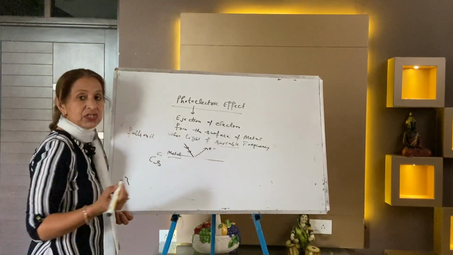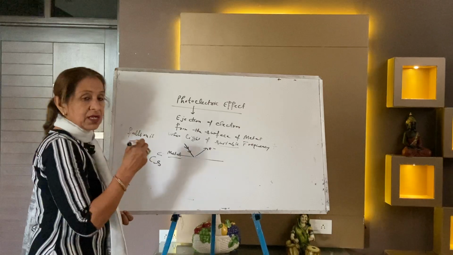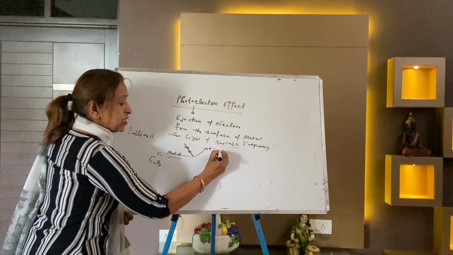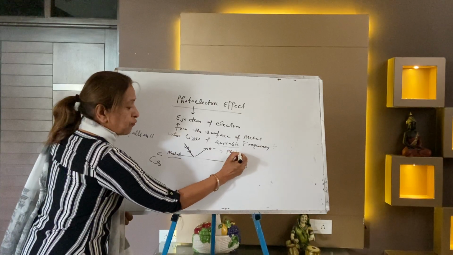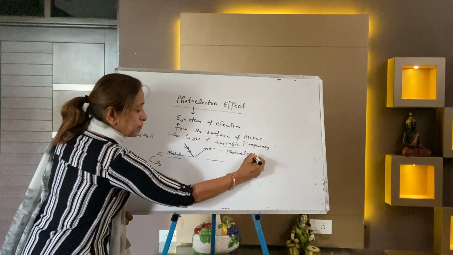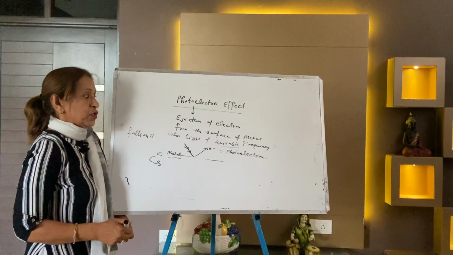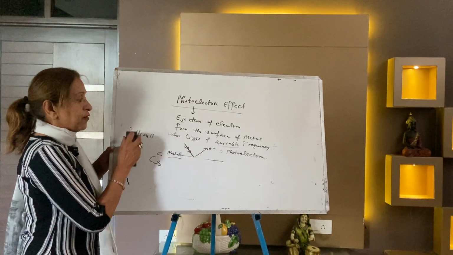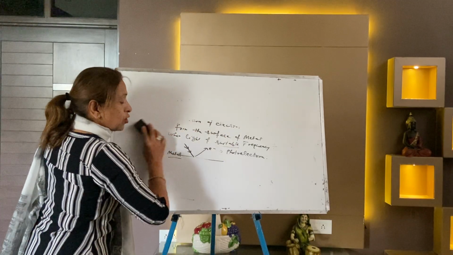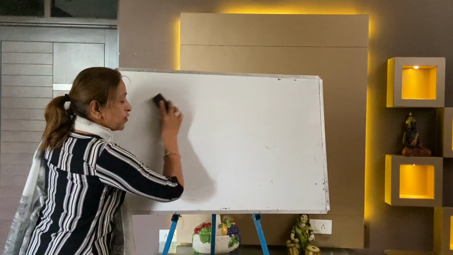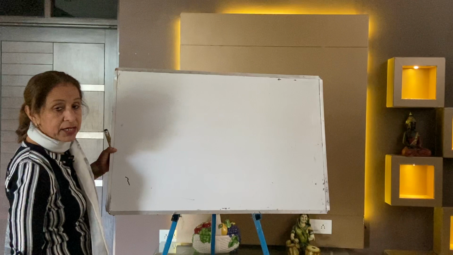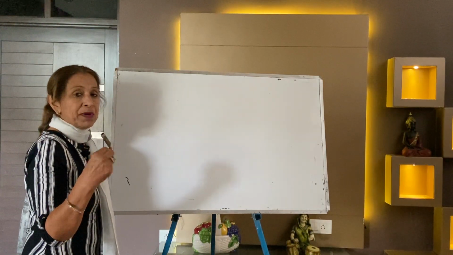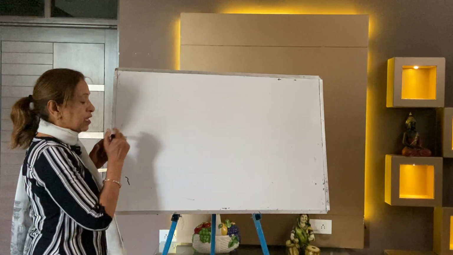It's an electron which ejected out, and this electron is called photoelectron. So this is your photoelectric effect. Make another diagram. So photoelectric effect is the ejection of electron from the surface of the metal when a light of suitable frequency falls on it. So today now we will take the topic what is meant by suitable frequency.